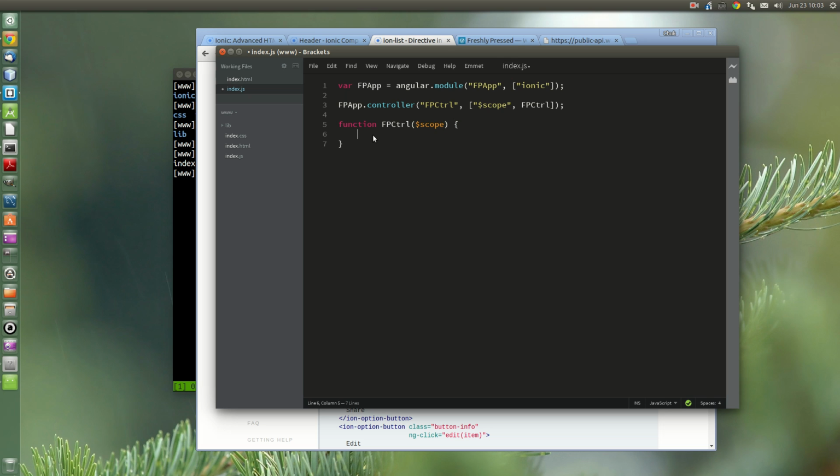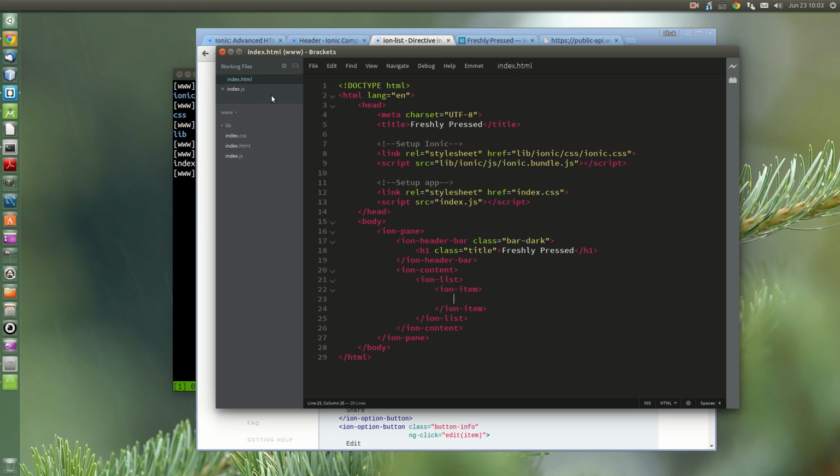Okay, so let's create one model which I'll call blocks that will hold my blocks. So this is an array, like that. Okay, so now let's go ahead and hook this application up to our HTML page. So what we're going to do is say ng-app, FB app, and here we're going to say ng-controller, FB controller,